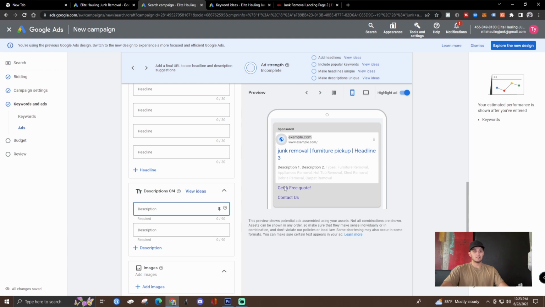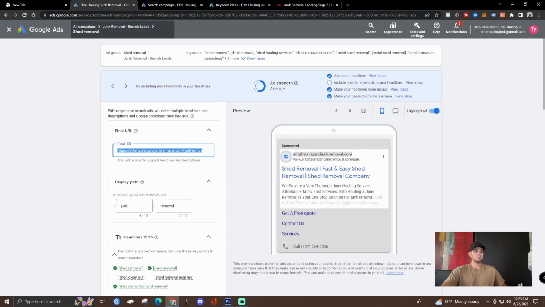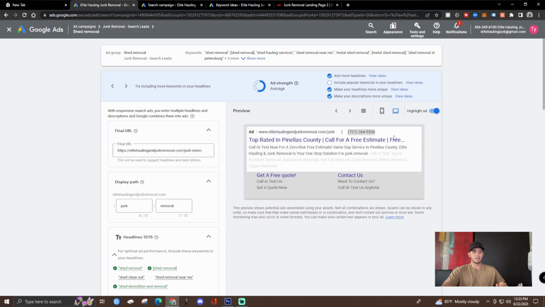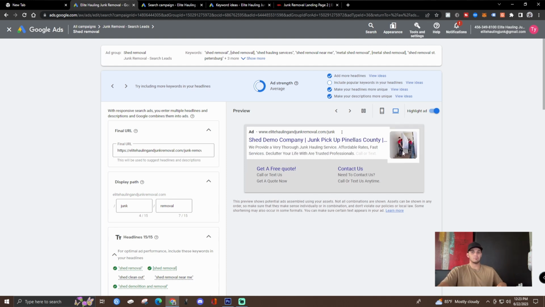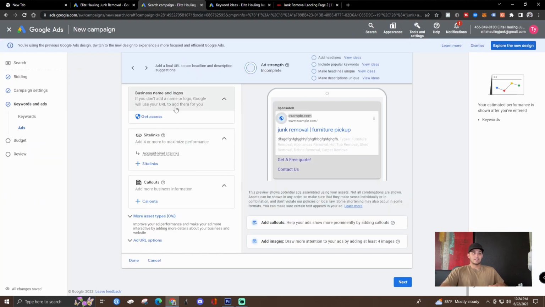Then description, that's going to be the part right below where it says description 1, 2, and here obviously don't just type random stuff, put a good description, and then you can add an image that will come up on the ad. You want to add images because, I'll see if I can show you guys an example real quick. It's just better to have a picture because it takes up more space on someone's computer screen, and obviously you want your ad to pop. So when you add a picture, oh, there you go, see the little picture right there? You want that. So back to the point, yeah, add all this stuff, add the site links, add as much as you can,